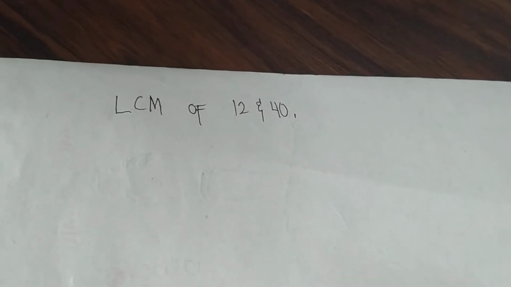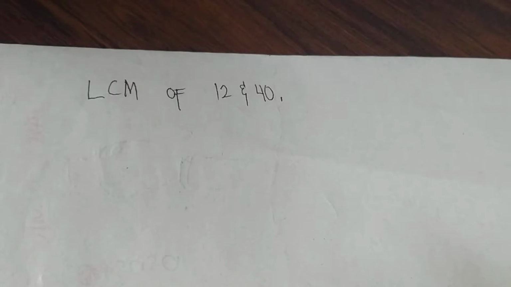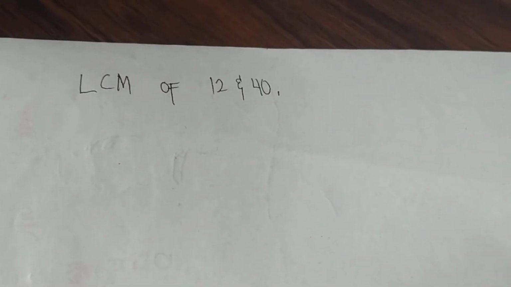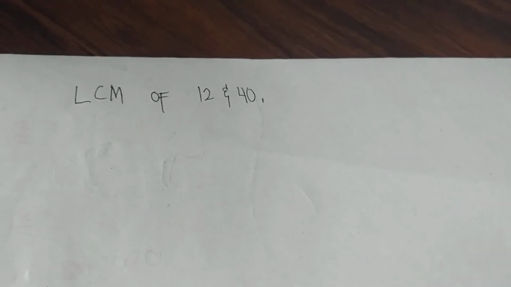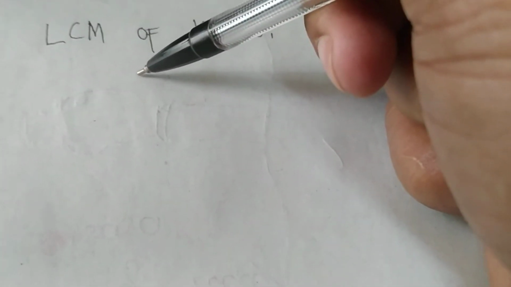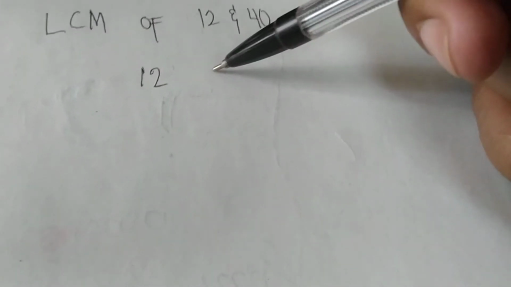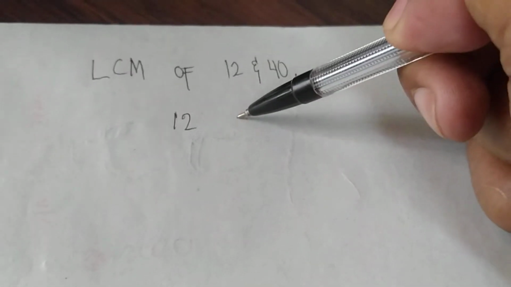In this video, I would like to find the LCM, or the least common multiple, of 12 and 40. The process that we will use is what we call in math the division process. So we will write 12 and 40,